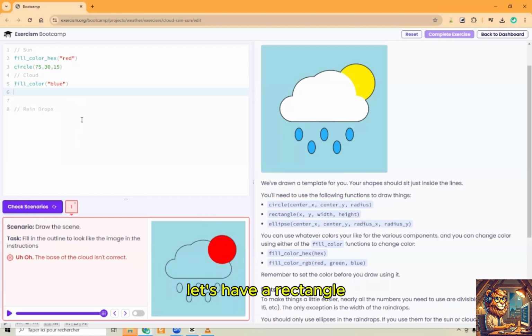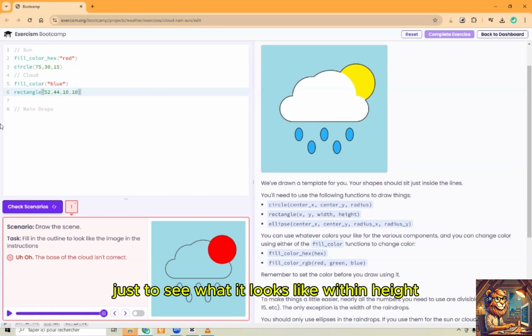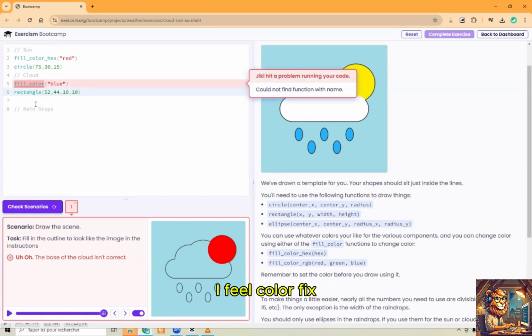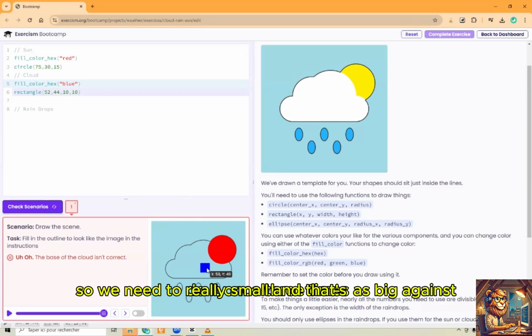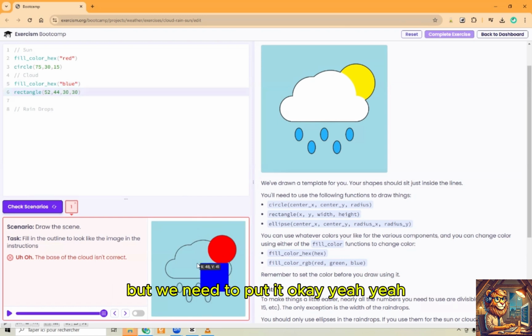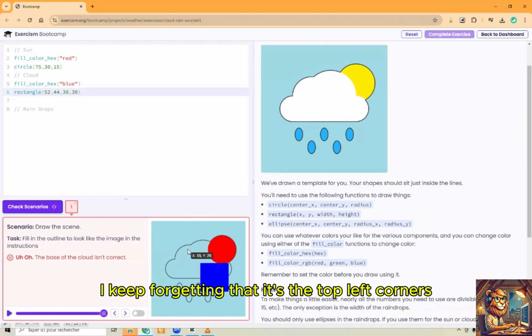Let's have a rectangle in this position here, 52, 44. Let's have the width of 10, just to see what it looks like, width and height. Fill color X. Oh, that's really small. So we need to make it 3 times as big, I guess. But we need to put it at the top. I keep forgetting that it's the top left corner. So the top left corner is